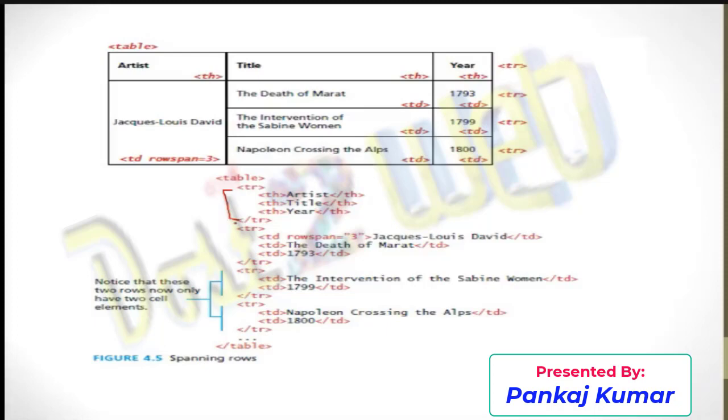Okay. And next, when you are going to define, you can see that this title is very big. Then what I do, I will create a table data for the first row that should be covered. So I'll use this rowspan 3. That means it will take a total of 3 rows. It will become joined together, and it will become a single row. So like this way, you can define the rowspan. The same as we have done in colspan, the same way it is going to be rowspan.